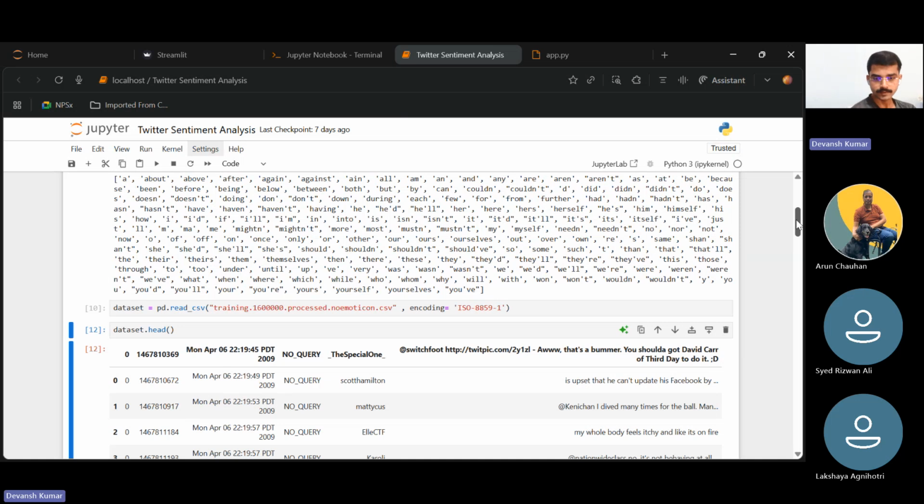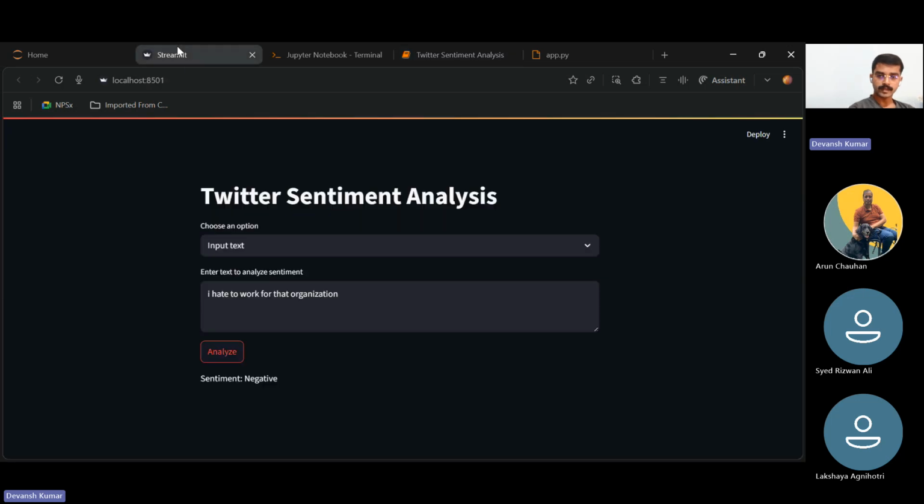Apart from that, anything wrong in the stop words. So for now, with the accuracy we have, we are able to capture sentiment from a very obvious